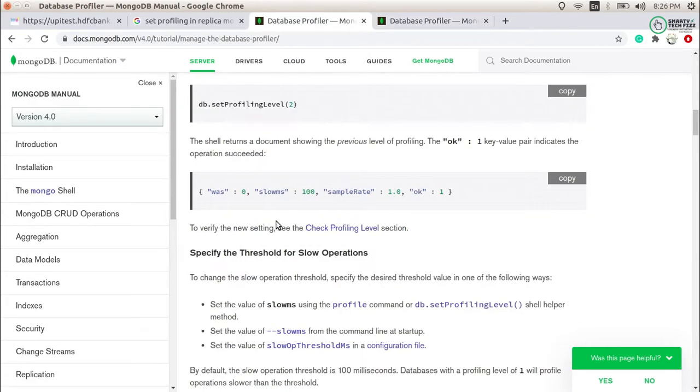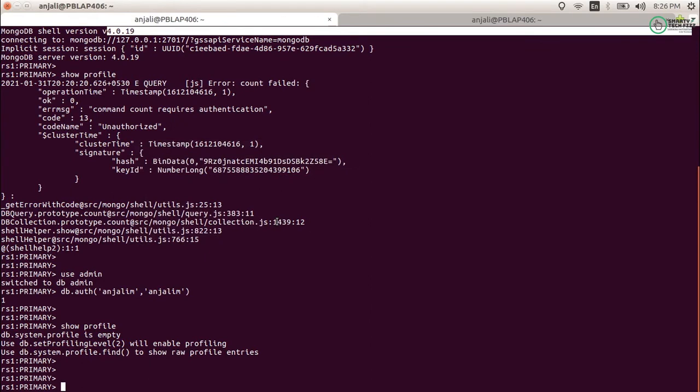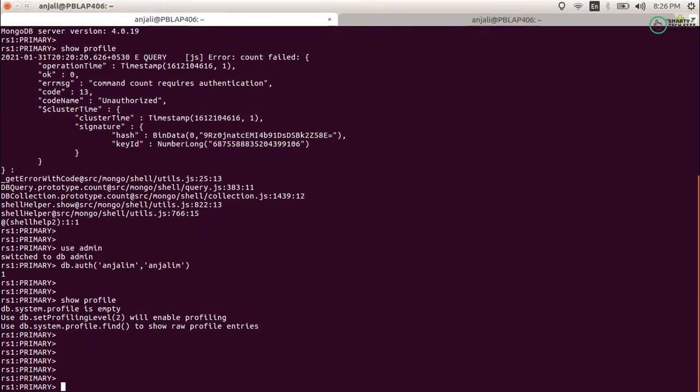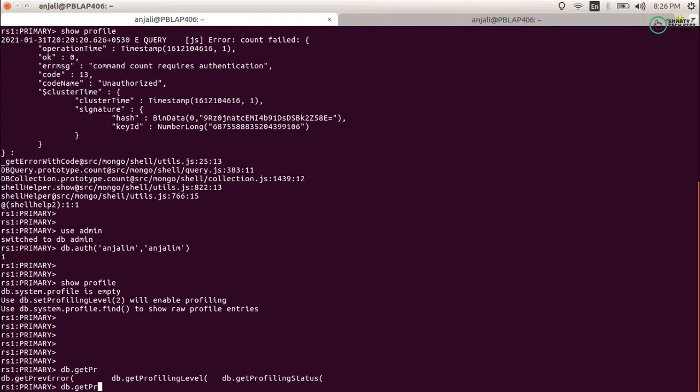Let me just show you what we actually have right now. I have authenticated to admin, right? And I want to run db.getProfilingLevel. You can see that. What does that mean?